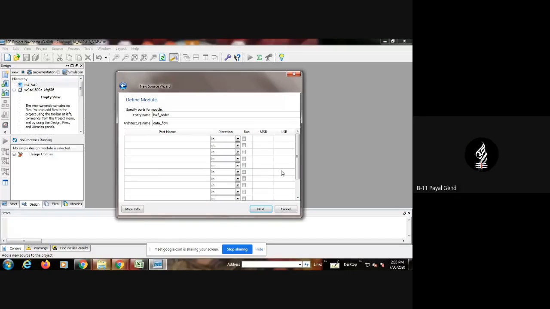Input and output, ma'am. Yes, input ports and output ports. Okay, so these are the different types of ports that are present. So now,